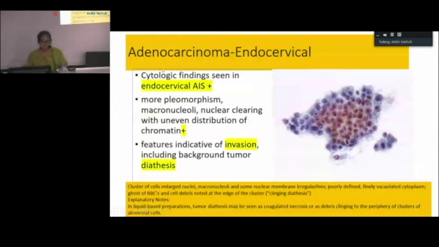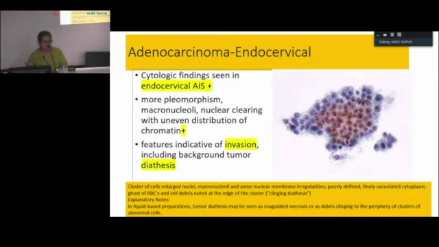Okay, so this is adenocarcinoma, endocervical. What you see here is a honeycomb pattern of cells. So you make out it is endocervical. What is very, very conspicuous is, can you see these nucleoli, punched out, round, big nucleoli? So what you have here is cytologic findings seen in endocervical adenocarcinoma in situ with macronucleoli with features suggesting invasion,